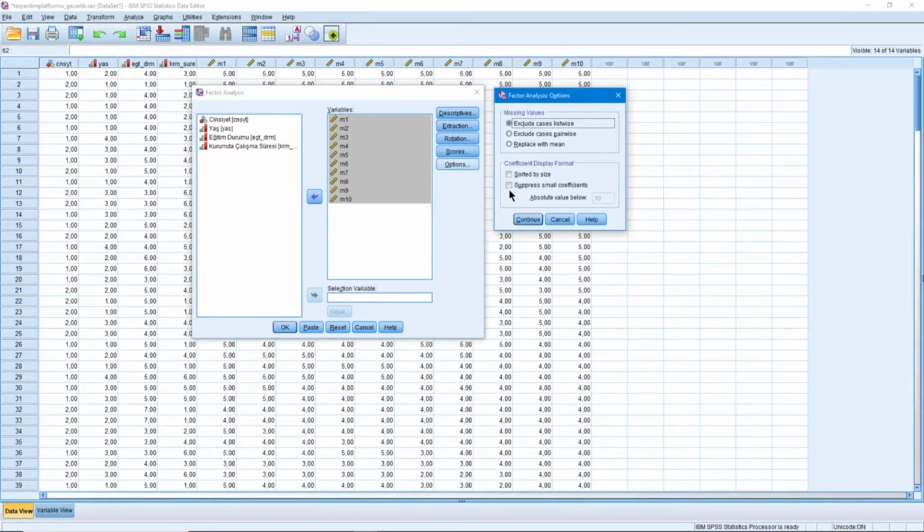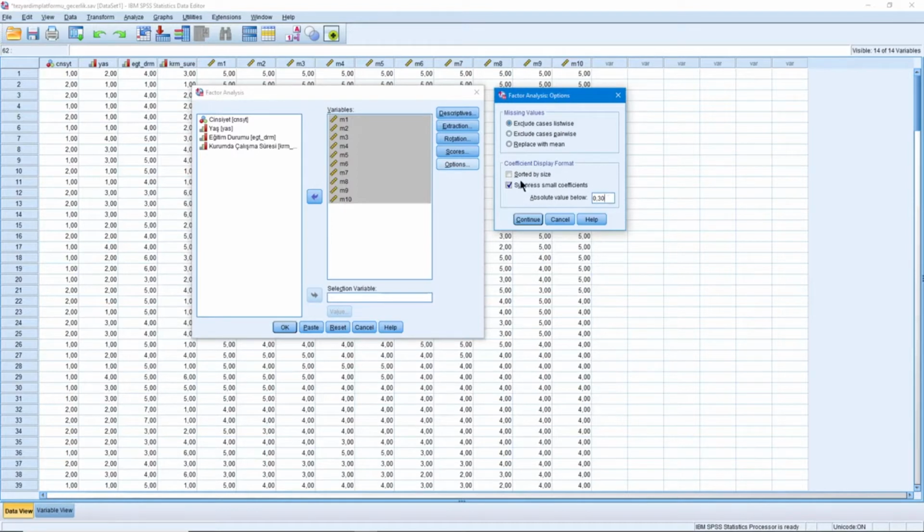Here, what we need to do is tick the option here. What does it mean? After making the marking here, let's write it as 0.30. After doing this, let's explain. We will soon have a table showing the factor loadings in the report. In this table, each item will have factor loadings. We do not want to show the loadings in that table if the factor loadings are less than 0.30. Because factor loadings below 0.30 are not very important to us and we do not want them to cause confusion in the table. Therefore, we marked this option and wrote 0.30 here.